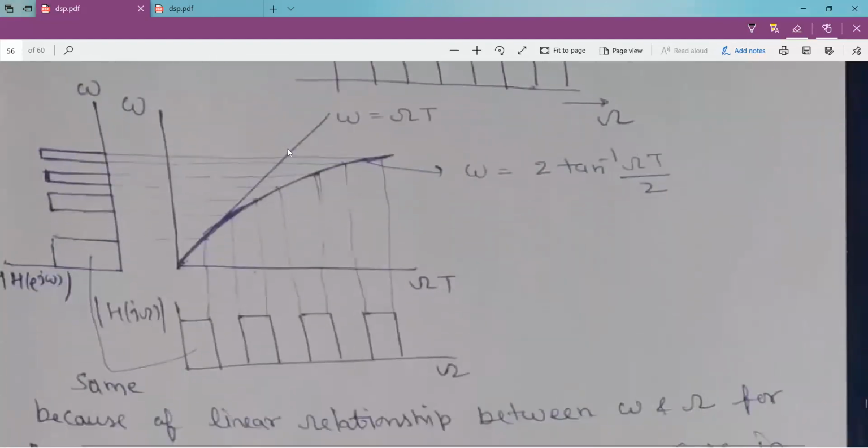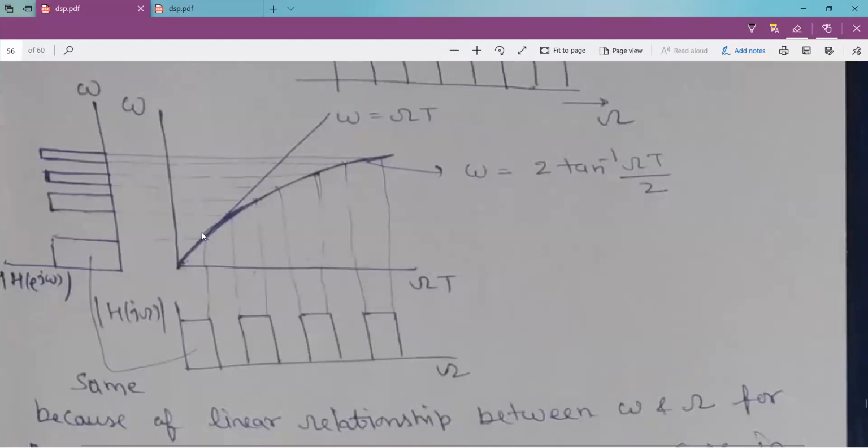In this graph, you are seeing for the small value of omega, there is a linear relationship, but when the value of omega is increasing, it becomes nonlinear because of this relationship between both the frequencies. Here, what we are showing, we have taken analog filter response as a set of band pass filters where the number of bands are there from low frequency range to high frequency range, and we are mapping this into the digital frequency range using this relationship.